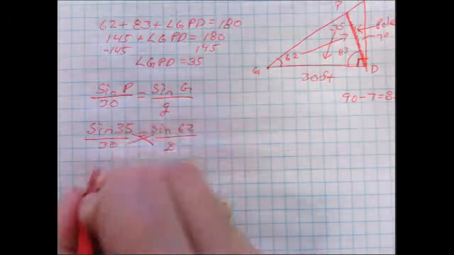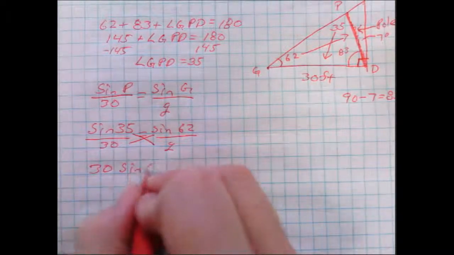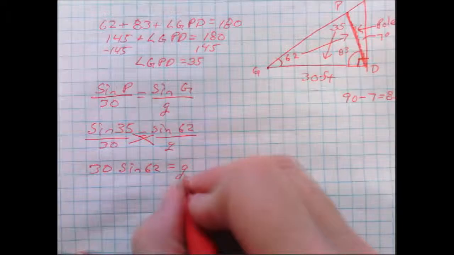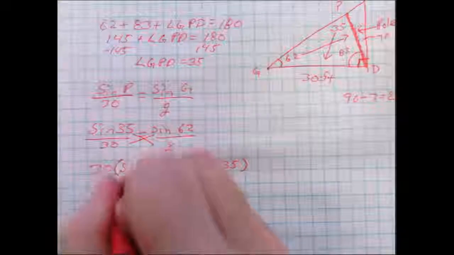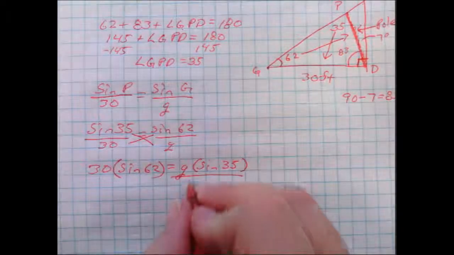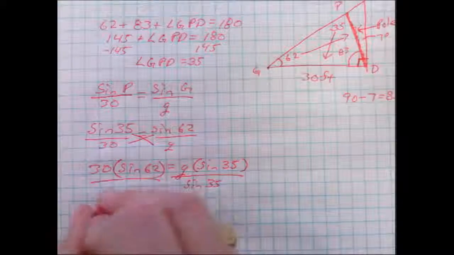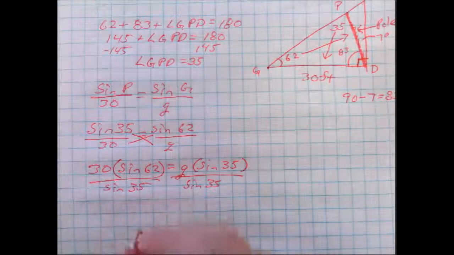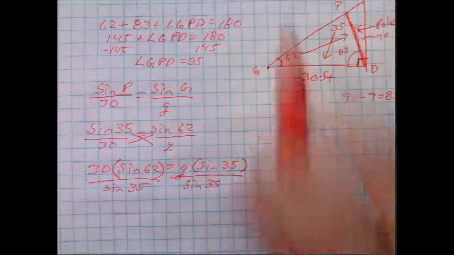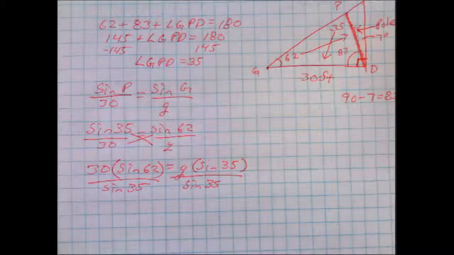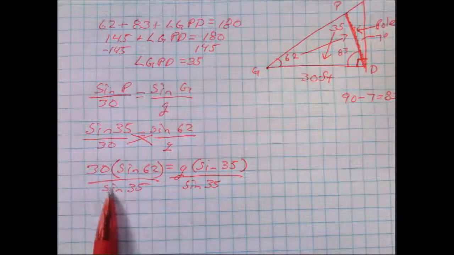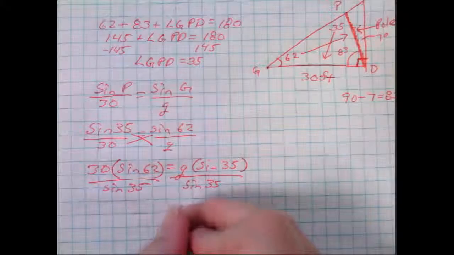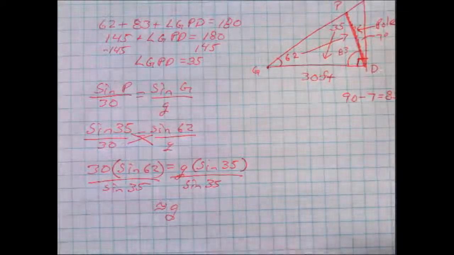So then our next piece is cross products. So we have 30 sine of 62 equals g sine of 35, parentheses there. So then we're dividing by sine of 35 on both sides. And it says to the nearest tenth of a foot, so in order to find this one, we're going to be rounding. So we just take this piece and round it. So we get g is approximately